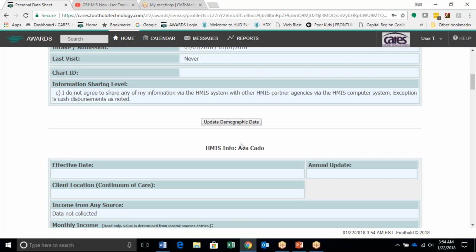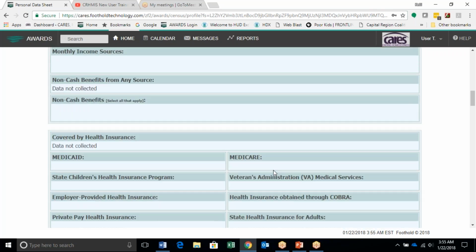This is the section of information that must be completed every year that a client is in program within 30 days before to 30 days after the client's anniversary of their admission date. So this is a brand new program, and Ava's not been in the program for 365 days. So I'm not able to complete an annual assessment for her yet. However,